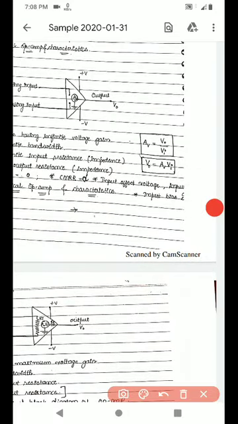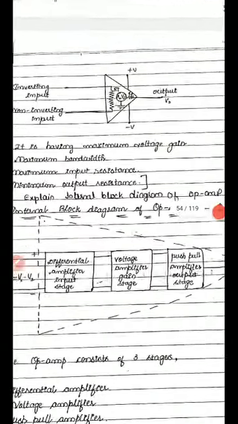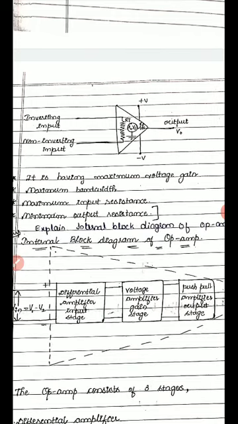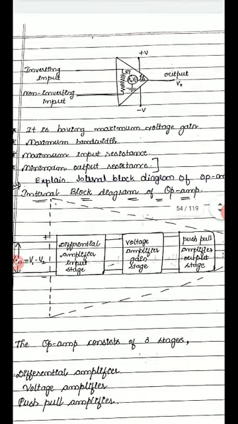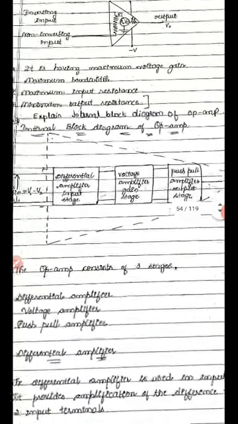If I want to know about the voltage gain of the operational amplifier, normally AV will be written as output divided by input, that is the output voltage divided by the input voltage. That's why AV equals V0 by Vi. If you want to write the equation for the output voltage in terms of gain and the input voltage, just rearrange the terms. V0 equals AV into Vi. That's all about the ideal characteristics. Similarly, for the practical one, just replace the open circuit by some resistance, and similarly the output by some resistance. Instead of infinite, it will be maximum. In short circuit, it will be minimum.